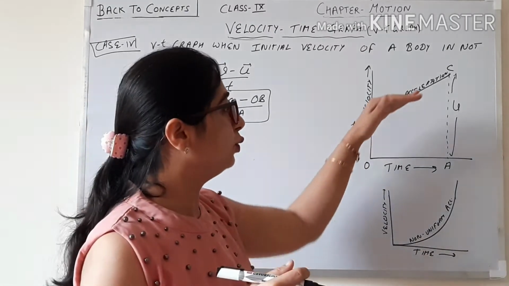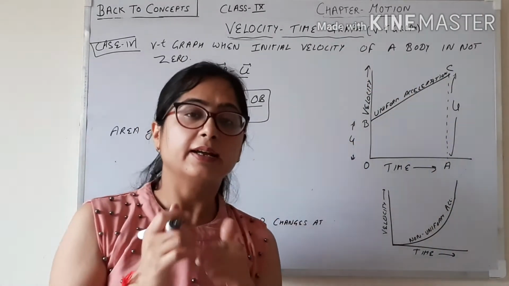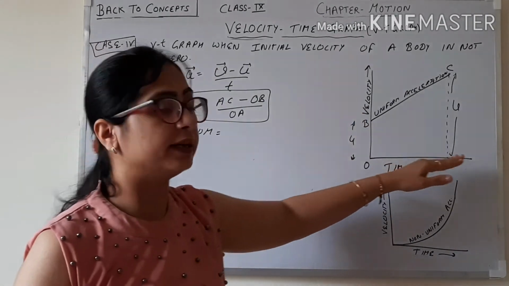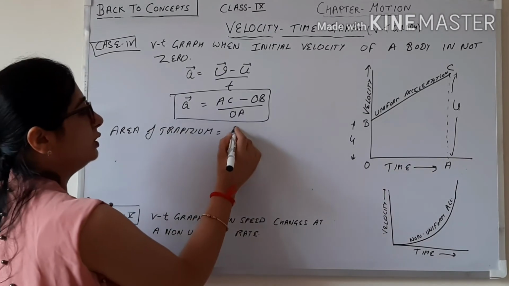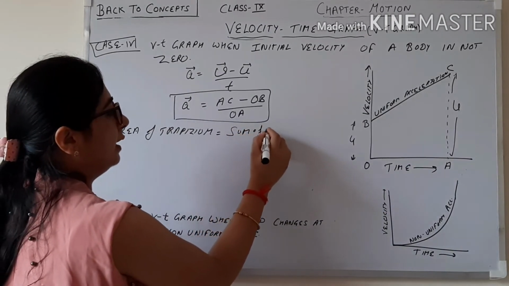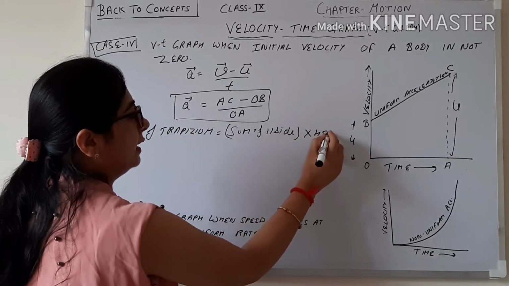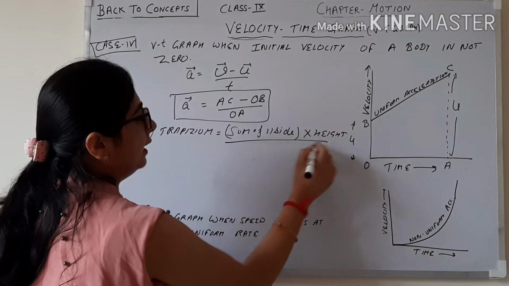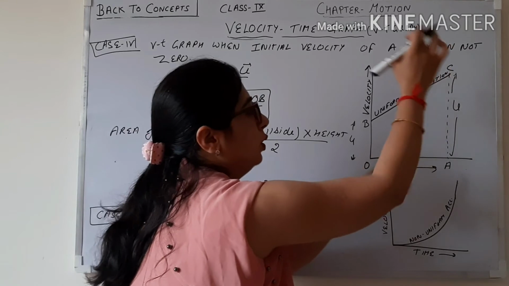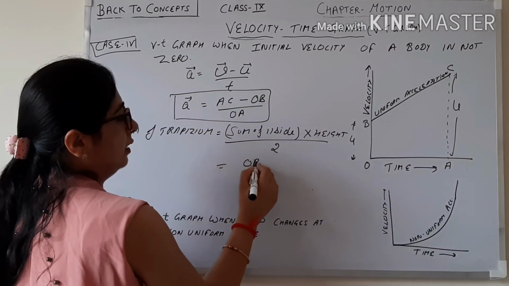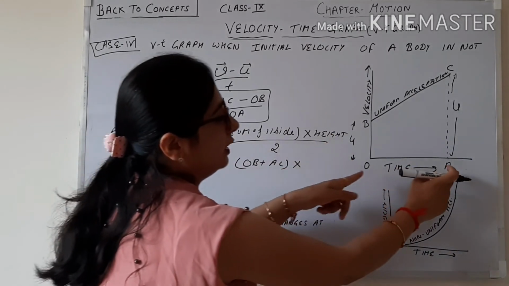Distance traveled is equal to area under the curve. Okay. This curve, area under the curve. If we look carefully, this is forming a trapezium. Okay. Now, what is the area of trapezium? Area of trapezium is equal to sum of parallel sides multiply height divide by 2. And what is the parallel side? That is equal to OB plus AC multiply height, that is equal to this time interval